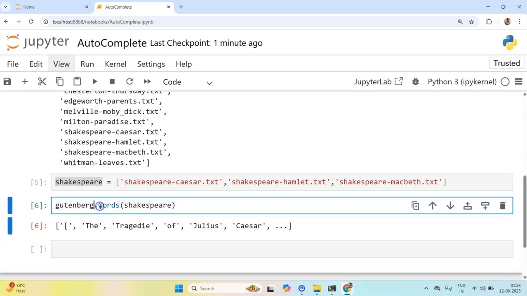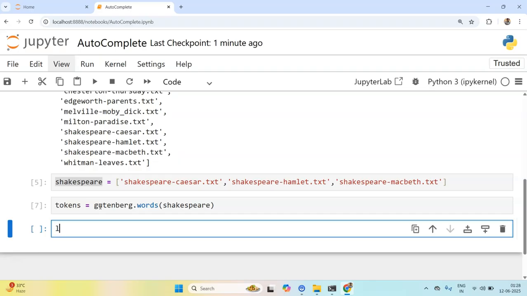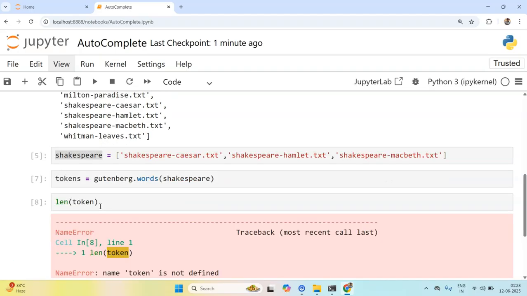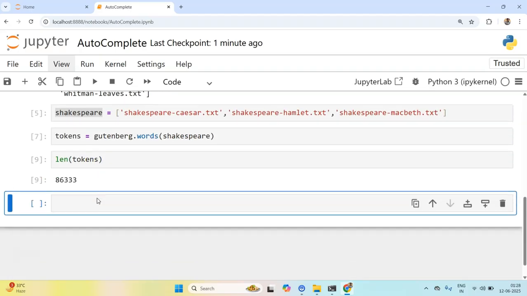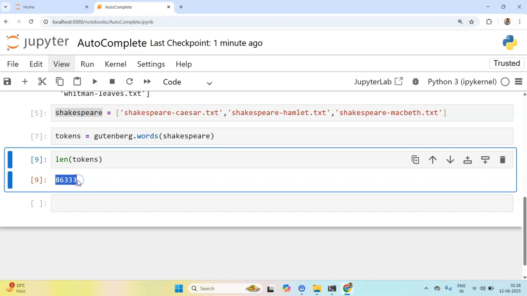So I can write tokens here, and let's check how many tokens we have got. So we have got 86,000 tokens.